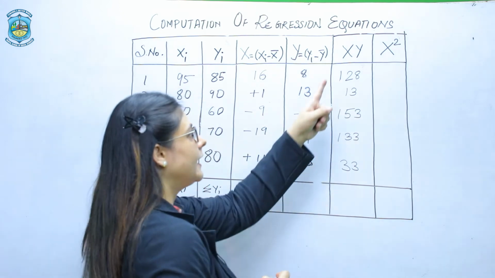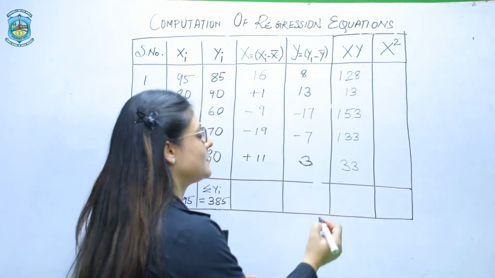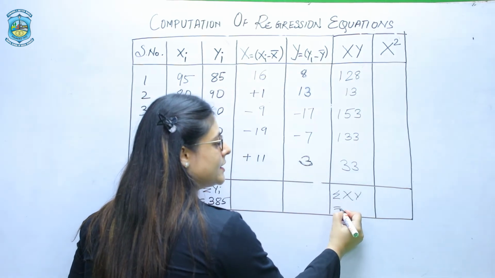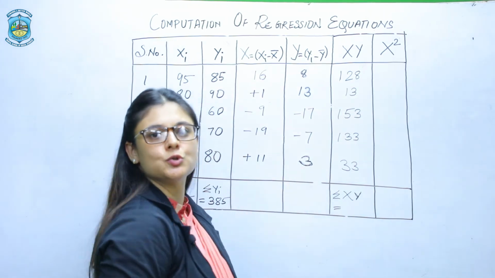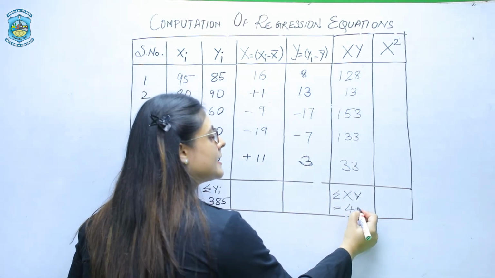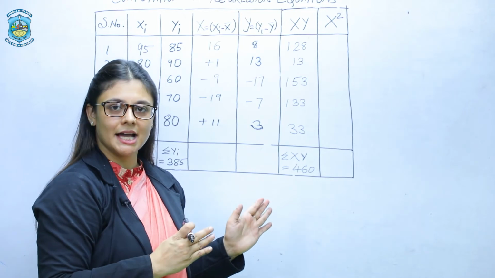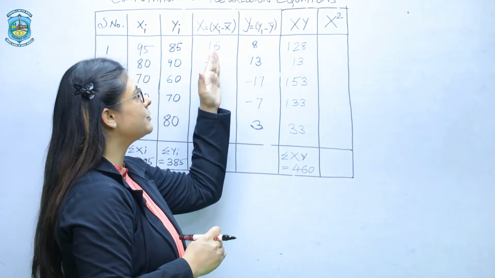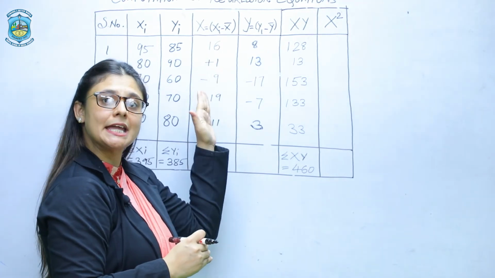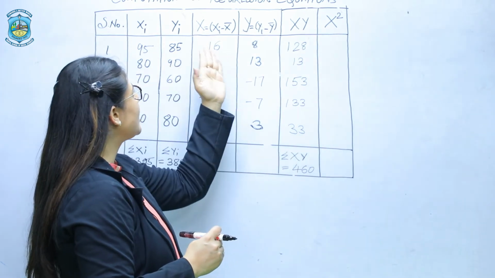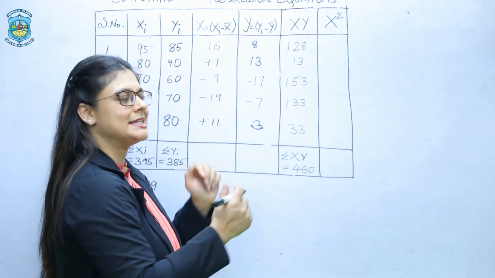Now here you have to find out the total of the xy column. So summation xy is going to be equal to 460. Now let's calculate the last column. The last column is going to be the square of the capital X column. Here the values that you have to find out is the square. 16 into 16 is